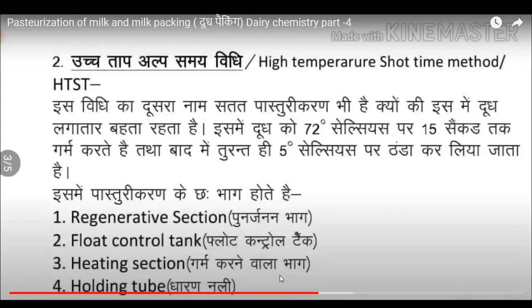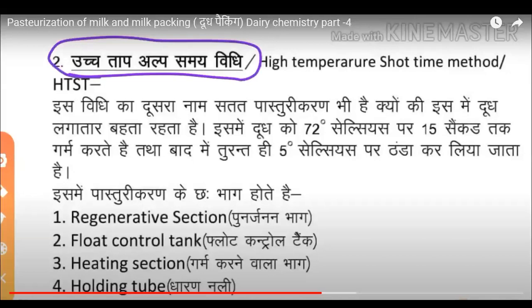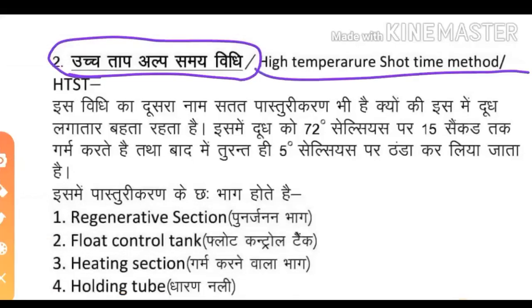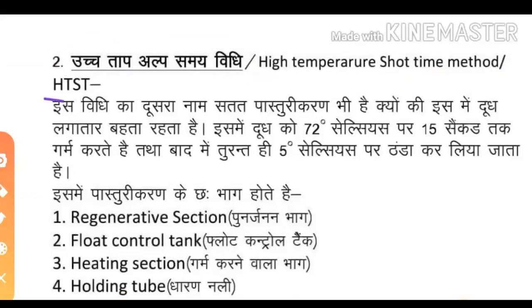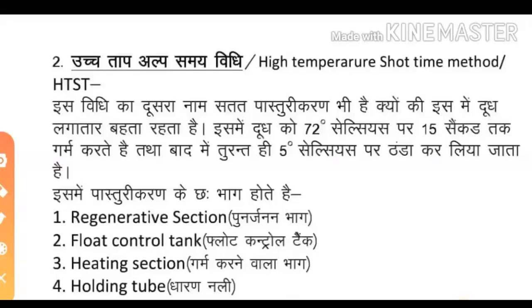HTST क्या है? यह है उच्च ताप अल्प समय विधि। ये दूसरी विधि है पास्चुराइजेशन की, उच्च ताप अल्प समय विधि यानी हाई टेम्परेचर शॉर्ट टाइम मेथड। इसको शॉर्ट में HTST भी कहते हैं। इसके अंदर भी एक विशेष प्रकार की मशीन का उपयोग किया जाता है और इस प्रकार की मशीन अलग अलग डेयरी के अंदर छोटी या बड़ी हो सकती है। इस विधि का दूसरा नाम